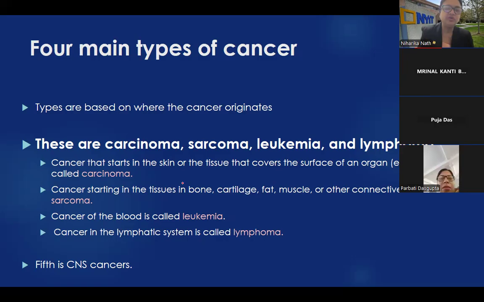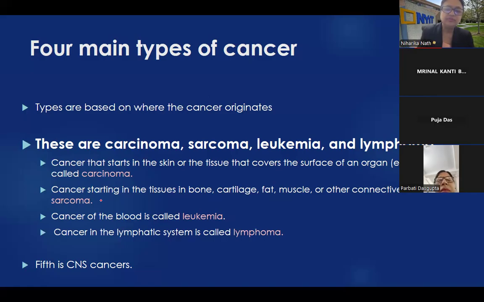And what do they all individually mean? By the end of this talk, you should feel more comfortable to name them individually. So a cancer that is carcinoma is because it starts from the skin or tissue that covers the surface of an organ. Anything that covers the surface of an organ is called epithelial cell. So your heart has a covering, your liver has a covering, your kidneys have a covering, everything that's a covering is called epithelial cell. So that would be called a carcinoma.